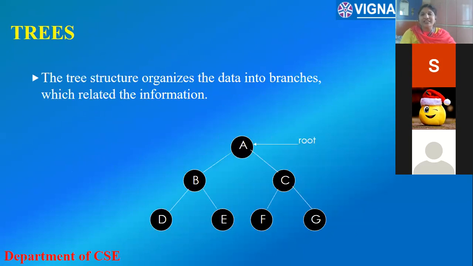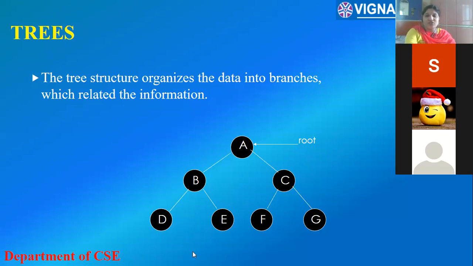It organizes the given data elements such that one element should be there at the top of the tree, at the first level, that is called the root of the tree, and all the remaining elements are arranged in the bottom levels. The level 2 nodes are connected to the level 1 nodes, the level 3 nodes are connected to level 2 nodes, likewise the level n nodes are connected to level n-1 nodes, as already we have discussed. At level 1, the starting node is called the root of the tree, and all the remaining nodes are called the subtrees of the root.